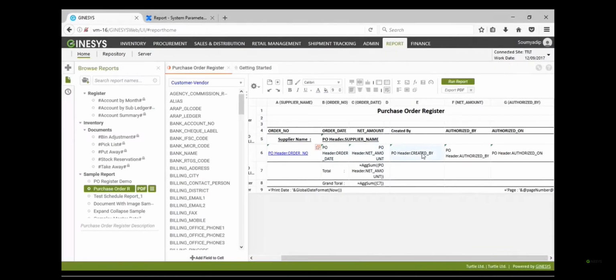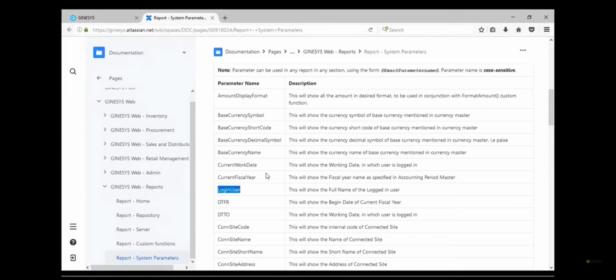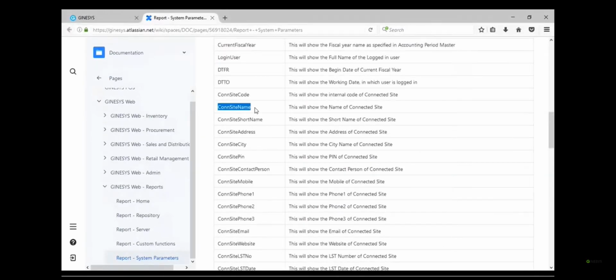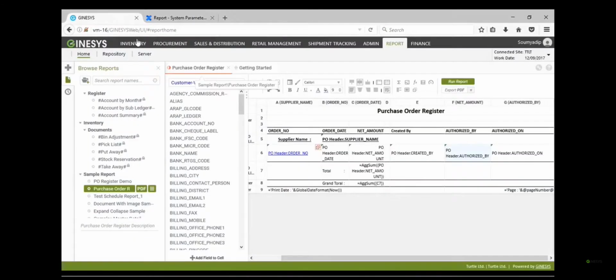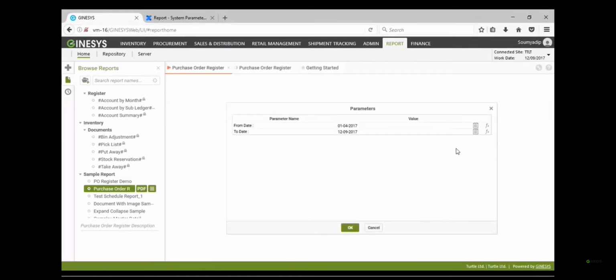For example, if I take this connected site code, connected site name, right, and take this as a parameter, and put it over here, and run this report, see that the parameter window will not pop up for connected site name, because there are a few parameters which are made in such a way that the prompt will come, but not for all, right?